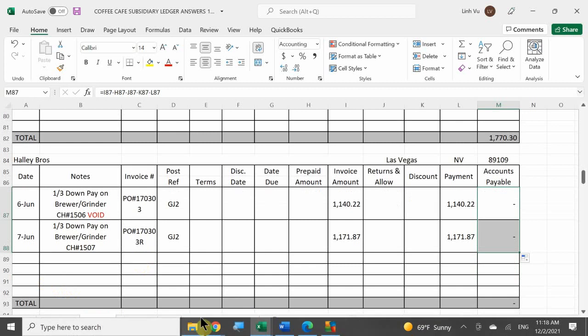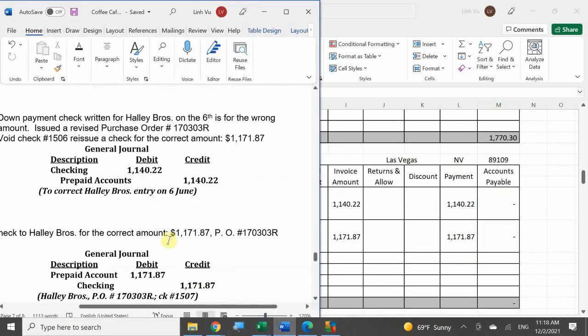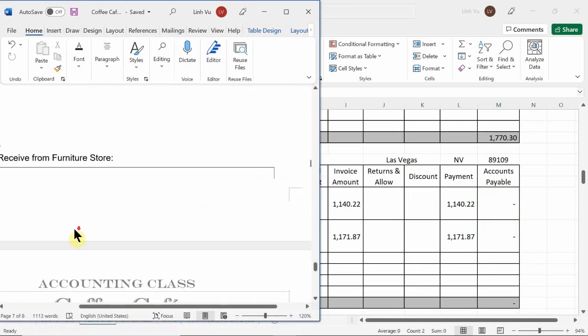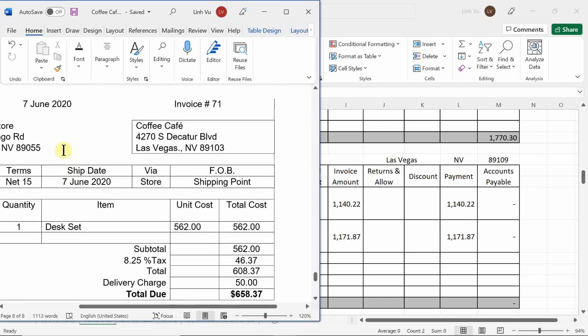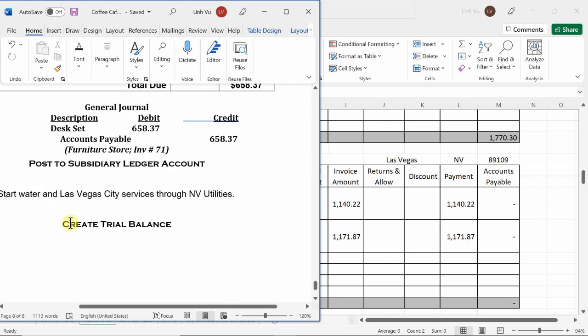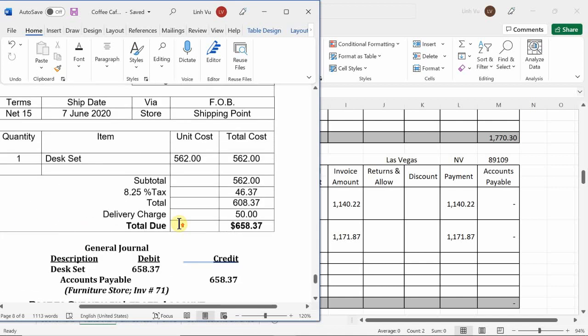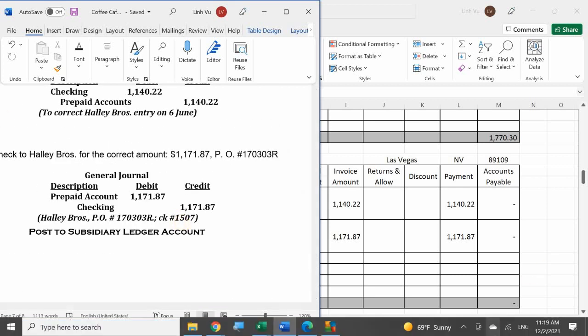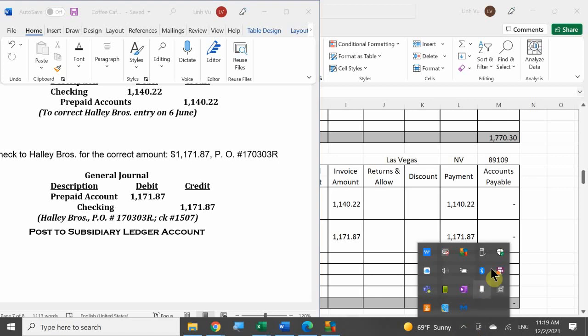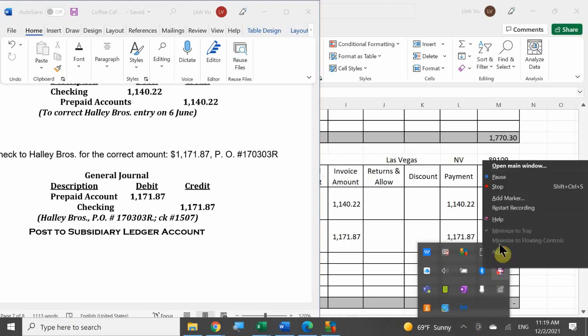And we're going to stop here. Okay, so I'm going to mark the page here that when we come back to this, we're going to enter in our desk set, and then we're going to have other stuff too. And then we're going to complete our trial balance for the first week of Coffee Cafe. Okay, so other than that, your homework this weekend is to